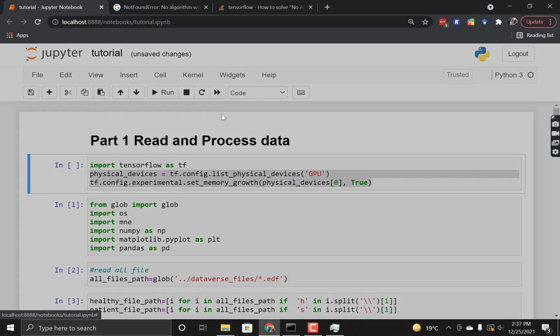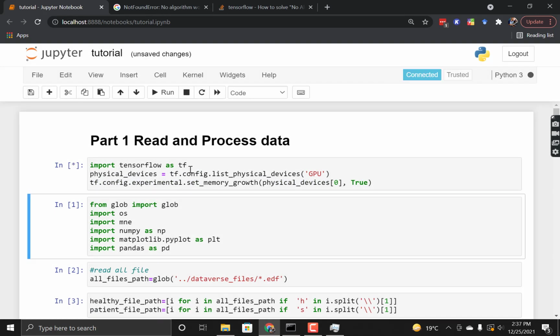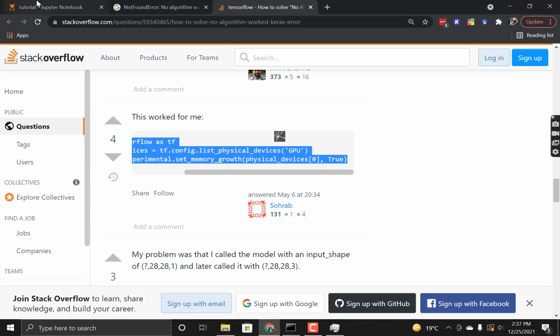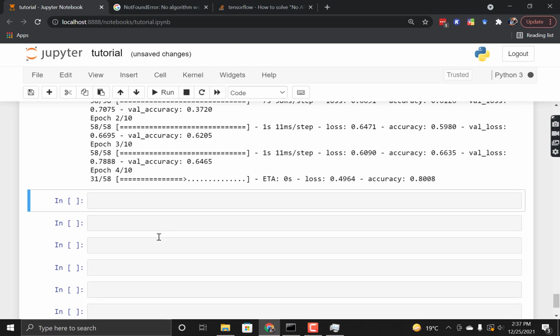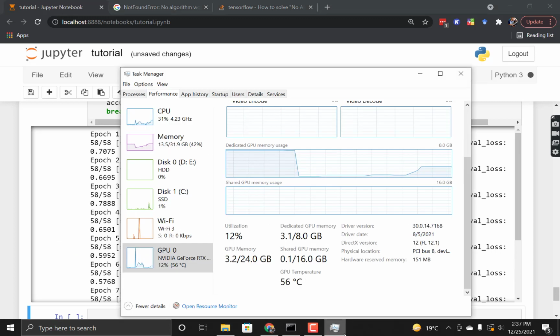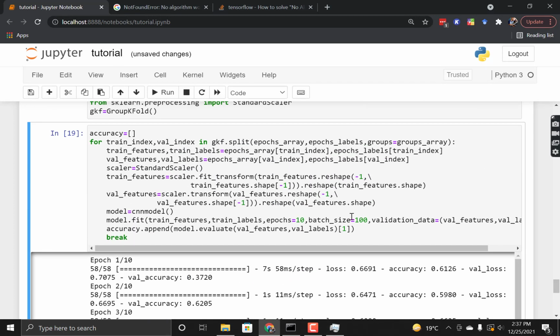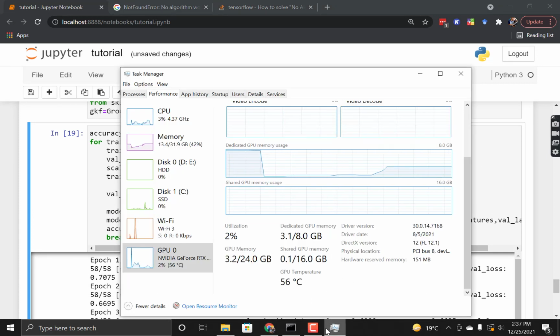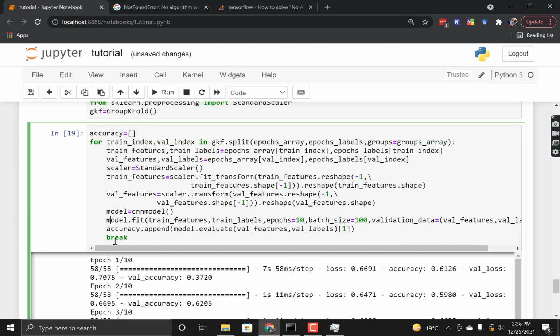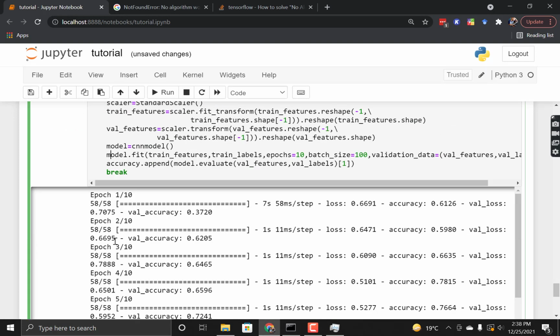Then I'm going to restart the kernel and run it again. Okay, after putting this piece of code at the beginning of the notebook we are not getting further errors, and around 3 GB of our memory is being used. We can also increase the batch size to around 200 or 250. For that we can increase the training process.